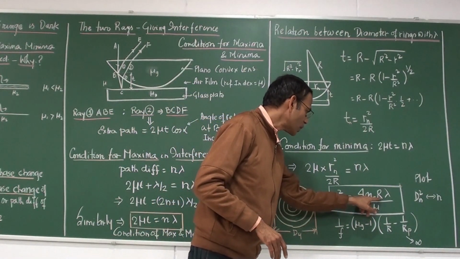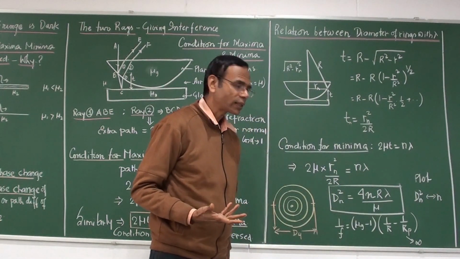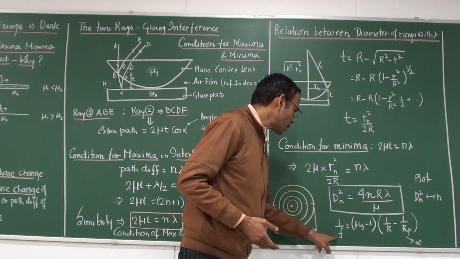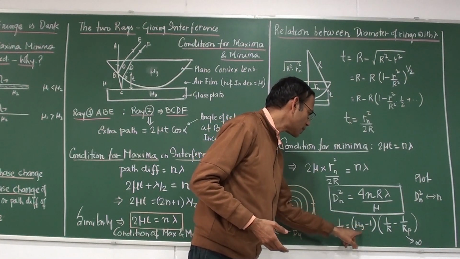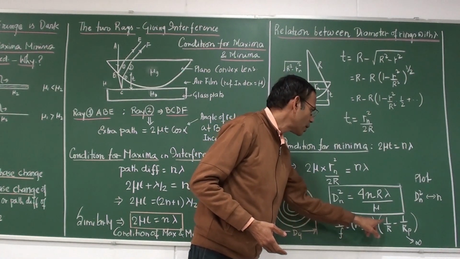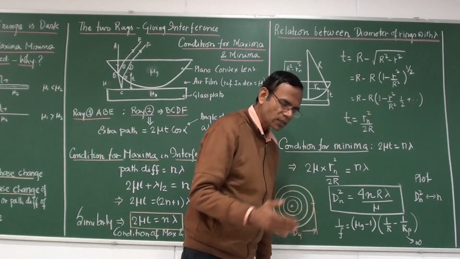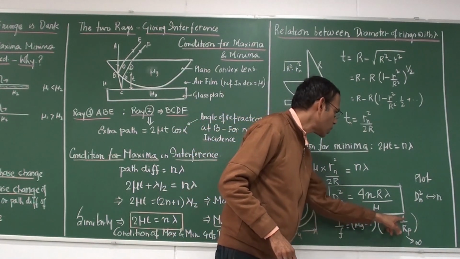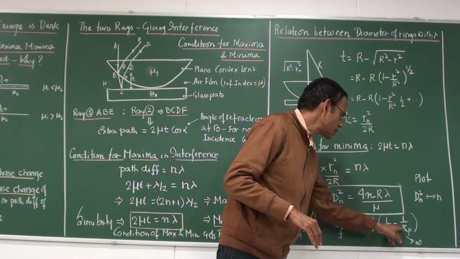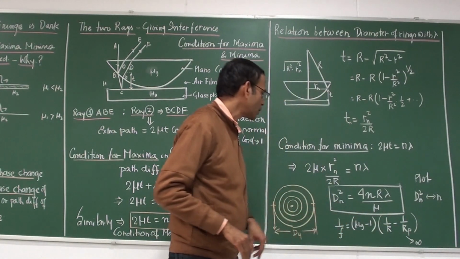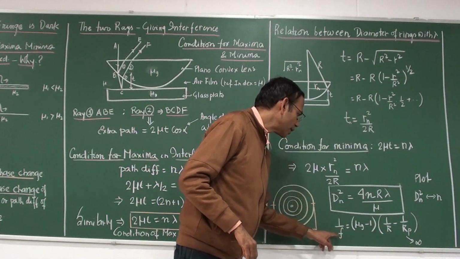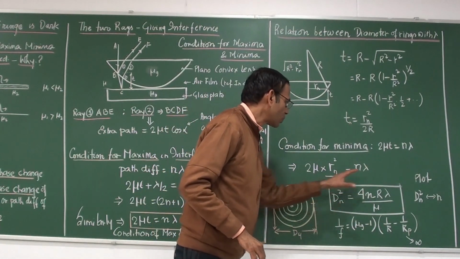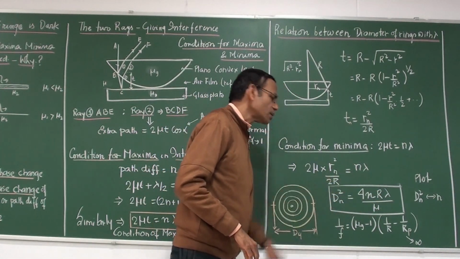Now how to calculate this R, because the radius of curvature is not known, but the focal length is known. So 1 over f of the lens is equal to (mu_g minus 1), that is the refractive index of the glass of the lens, multiplied by (1 over R, that is the radius of curvature of the curved side, minus 1 over R_p of the planar side). So this is basically infinity. So one can calculate the value of 1 over R given the focal length of the lens. So one can calculate the value of lambda from this particular slope.